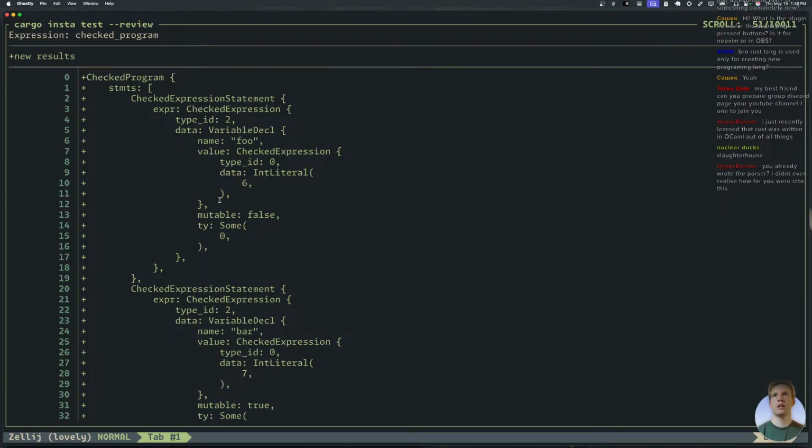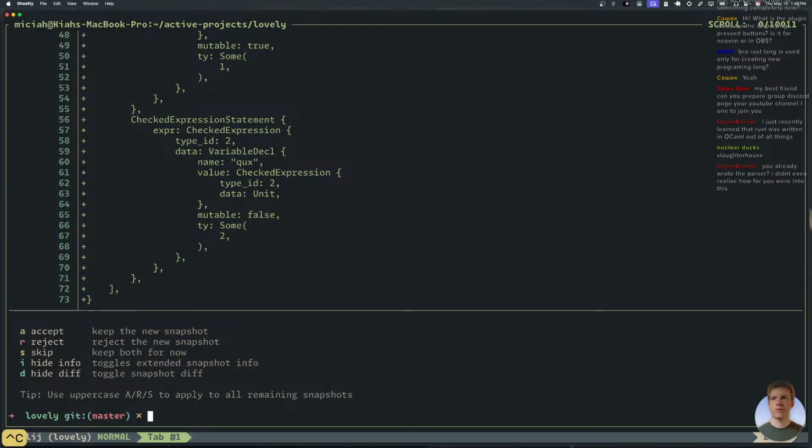And then, okay, we don't really need this field, do we? Because this would always just be the same as the type of the expression on the right side. Hold on.